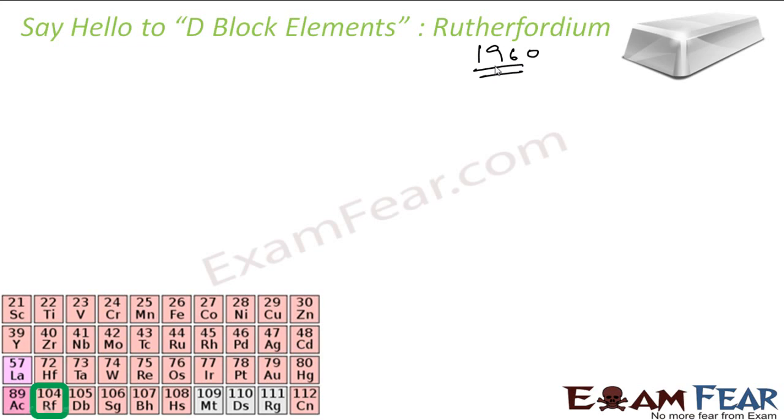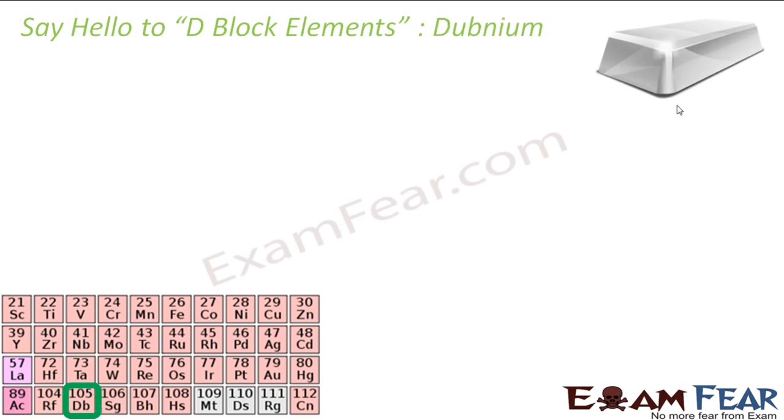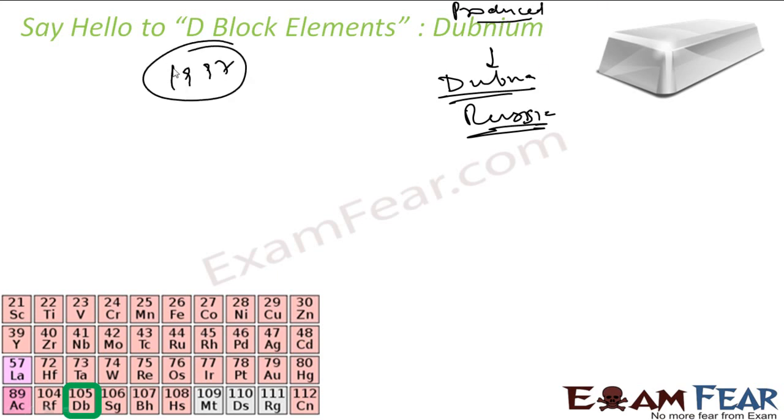And this IUPAC name Rutherfordium was given in honor of Rutherford, a famous chemist. Not much use, all radioactive. In fact, Dubnium is named after the city Dubna, a city in Russia where it was discovered, or where it was produced, I'll say, because these elements are all artificial, and this is radioactive. It was produced in 1997, pretty recently, and this IUPAC name